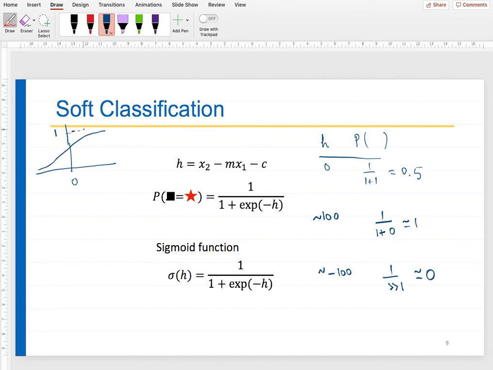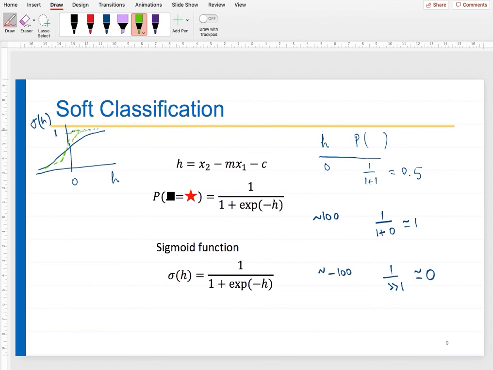So if it is very large, it asymptotically approaches 1. So this, on the x-axis is H, on the y-axis is sigmoid of H. Fine, so this is how it looks. Let us say I want to make it narrower. I want to make it something like this.